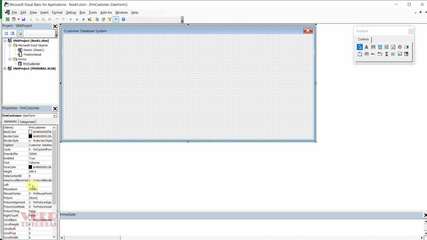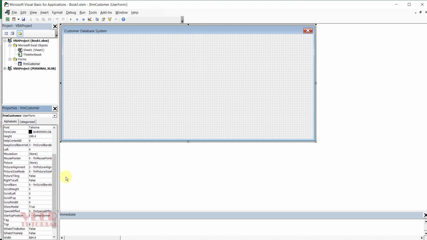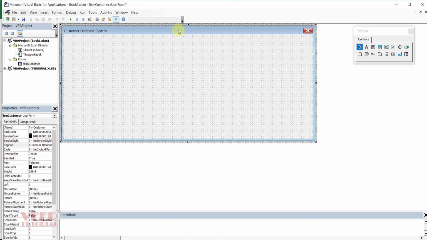You can also define the height or width over here. Now again select this one. First I would like to insert a frame over it.